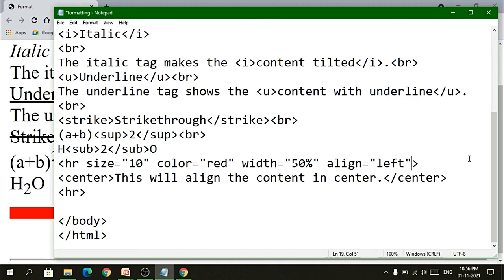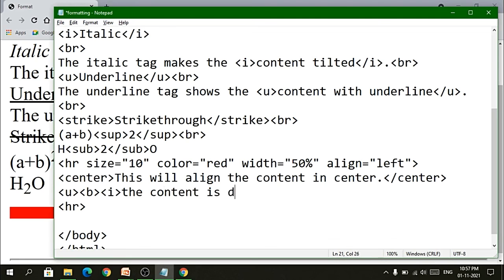Now I can make the combination of the italic tag, bold tag and underline tag, and I can use it. So this would be the last one which we can say. It would be having the combination. I can say U, B and then I and close it, and I can say the content is designed by Badar Bhavani, and I will close all the tags.